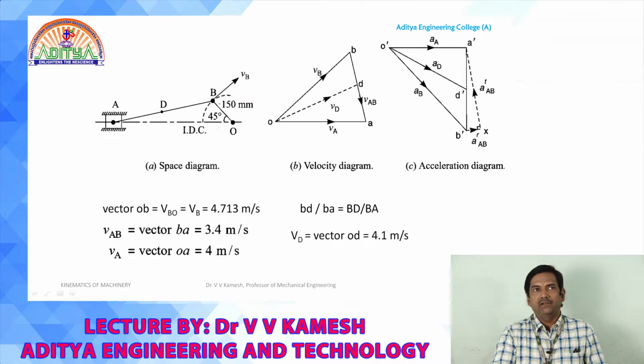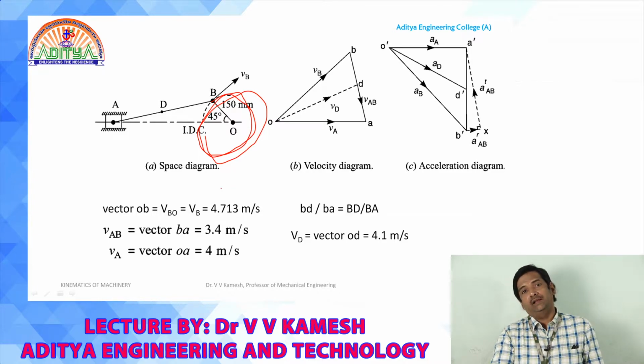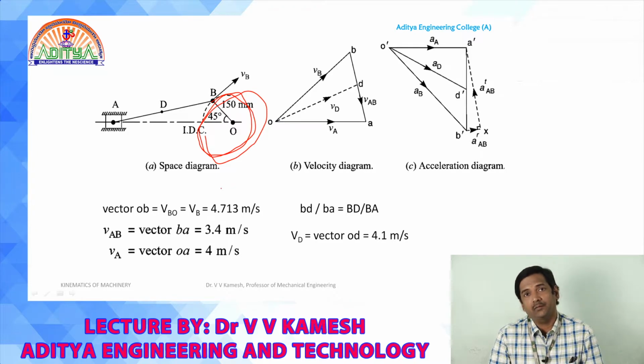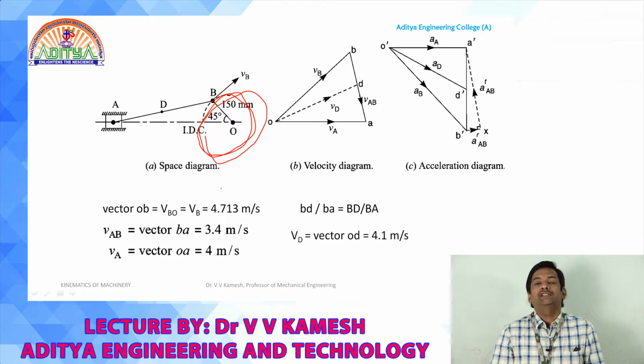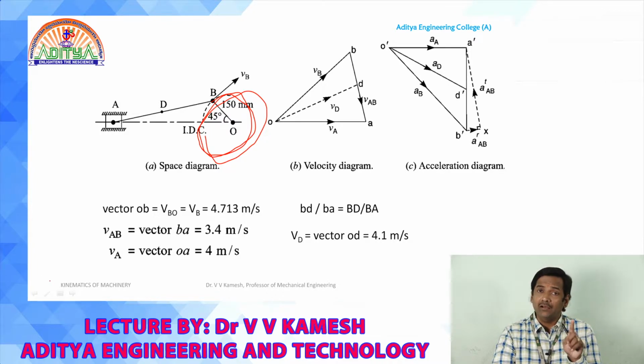Now, we will switch over to how to get the acceleration diagram. Remember, initially we need to start with the crank. The crank is having the rotation like this. When the crank is rotating, out of the two components of any link, we need to have the radial component of acceleration and the tangential component of acceleration, but the crank is continuously rotating with uniform velocity. When it is rotating with uniform angular velocity, the alpha factor will become 0. When alpha is 0, the tangential component will become 0.